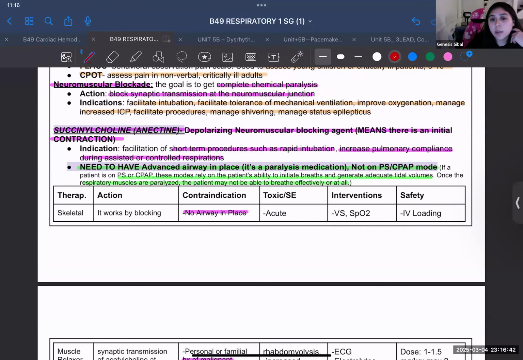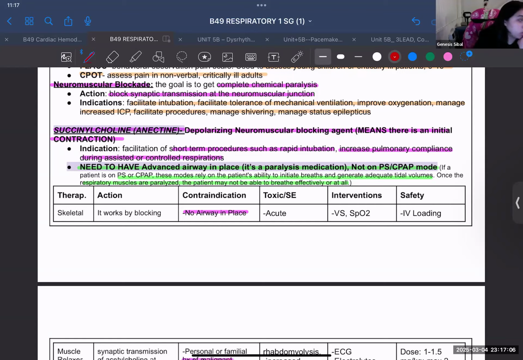Improving oxygenation, that basically means also improving the metabolic rate and everything that's going on there. Same thing with managed shivering. It's the same exact thing, right? Mandela harps on this. If you're shivering a lot, you're basically increasing your metabolic rate, because your body just wants to be in homeostasis because your temperature is either too low, too high, all of those things, right? So that makes sense why we give these things.